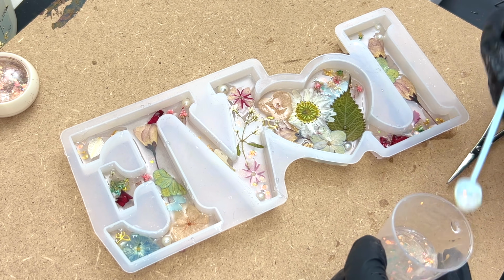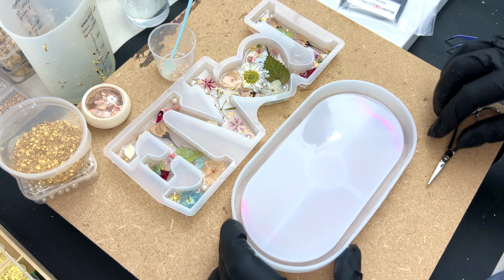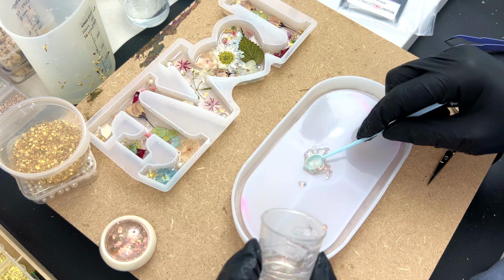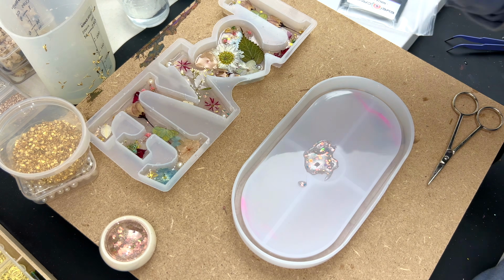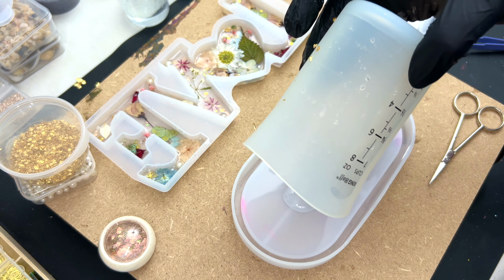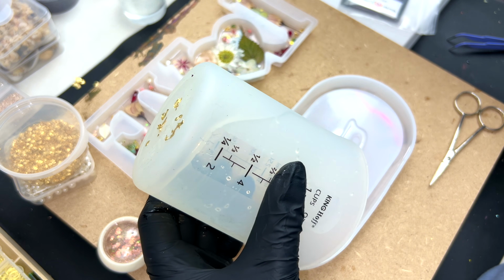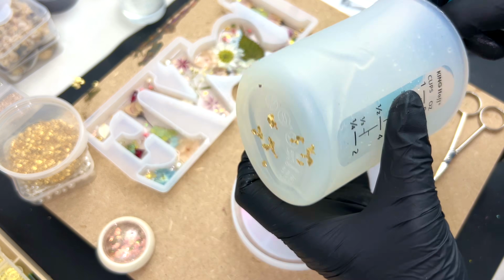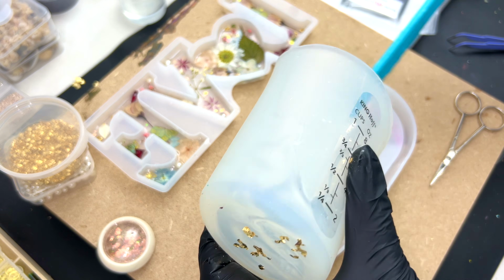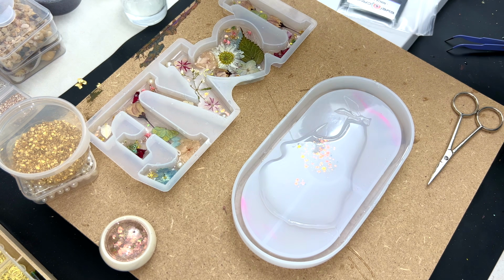So there we go. And after I finish this, we will let it dry until the next day. But first I'm going to use my leftover resin in another mold. And now you can see that the resin is really starting to thicken up. We're 50 minutes ahead, so that's not strange. Actually, it's very good, maybe because my temperatures are not too high. I'm in the Netherlands, it's autumn, we have rain and not that much sunshine anymore, so I think it's about 21 degrees